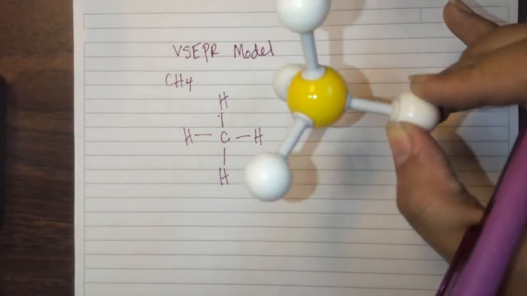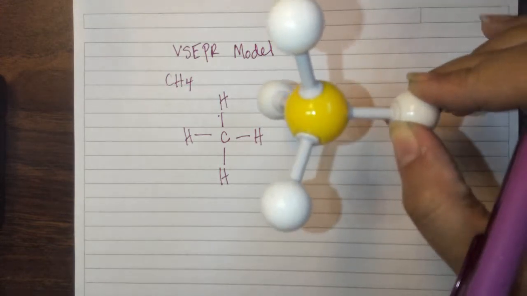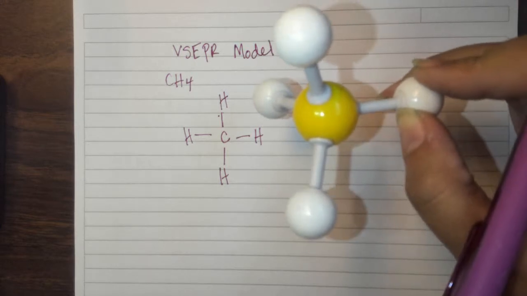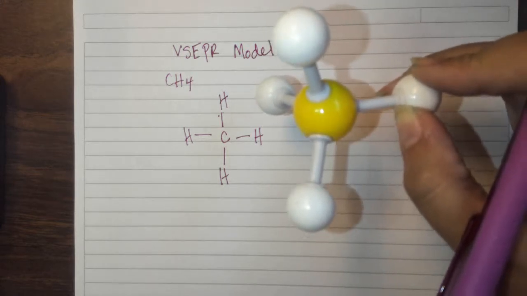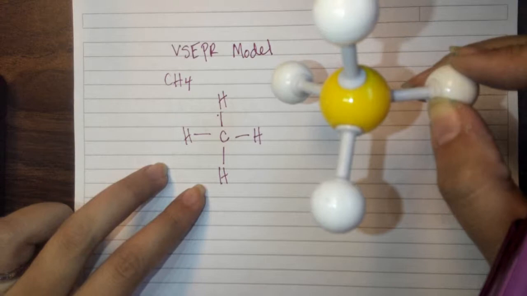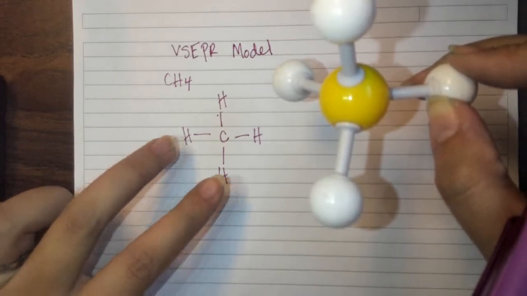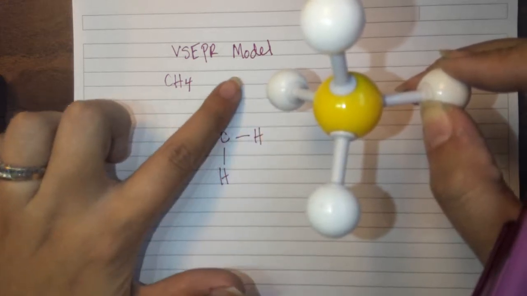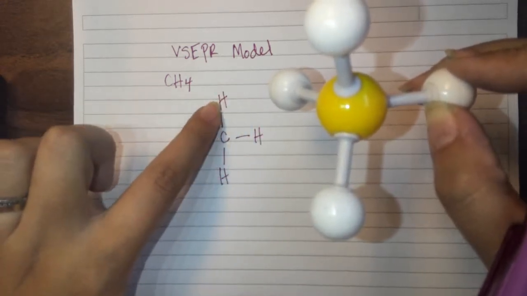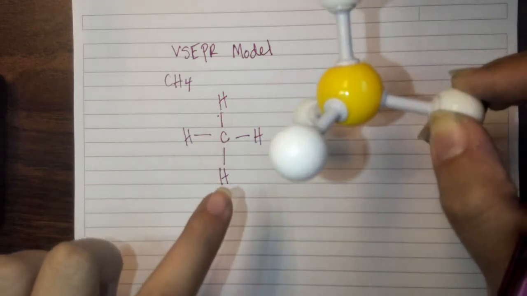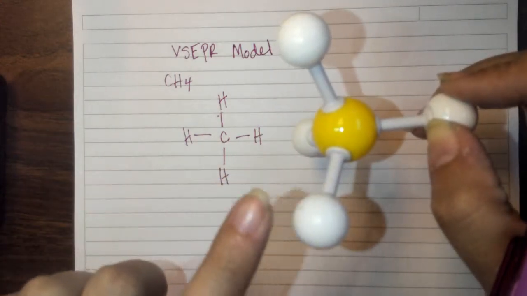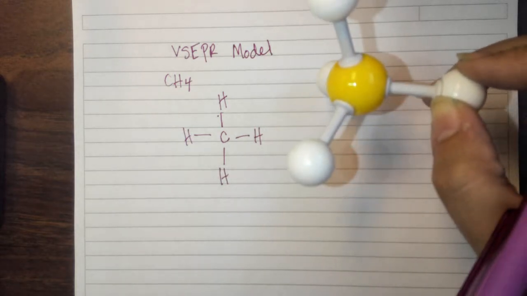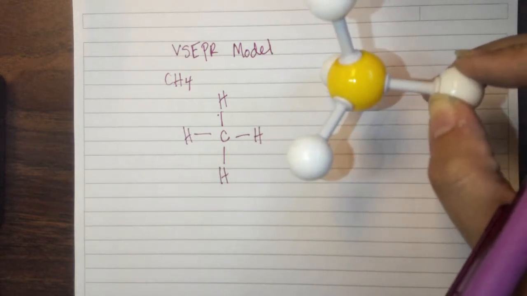So when we are actually looking at a compound, we need to consider its 3D VSEPR model and how those electrons are as far apart as possible. We cannot consider it like this because they're not as far apart as possible. If we look at these hydrogen bonds, this is only 90 degrees apart. But if you look at your cheat sheet, we know that a tetrahedral, or anything with 4 different domains, is going to have a 109.5 degree difference. So then that way they are as far apart as possible because they are all negative charges